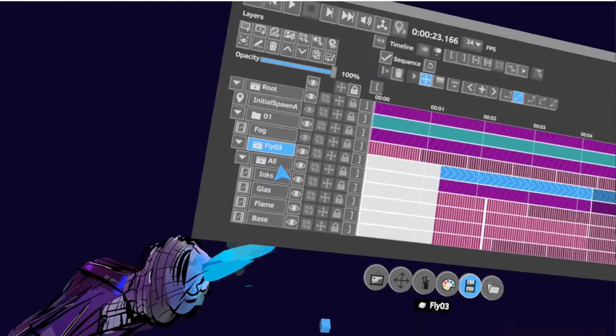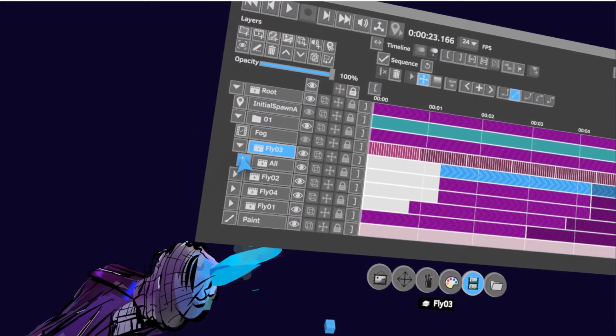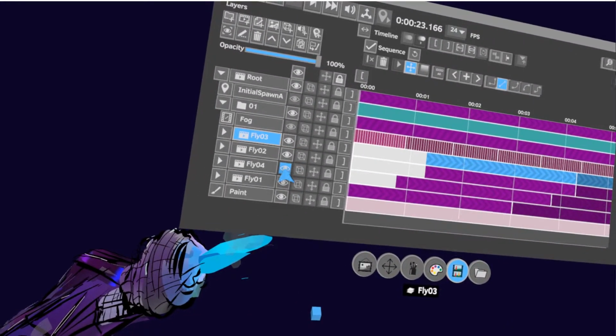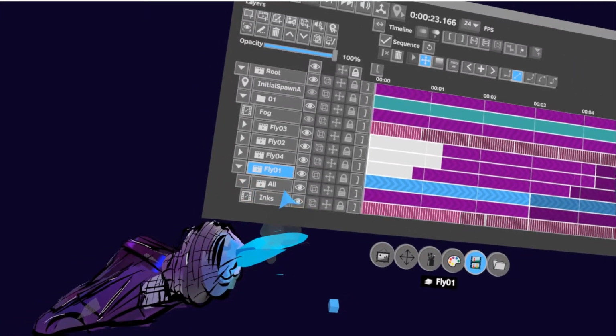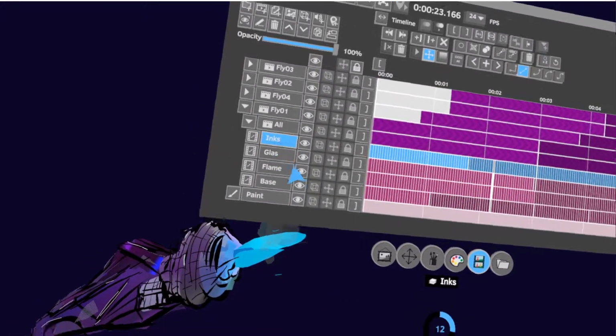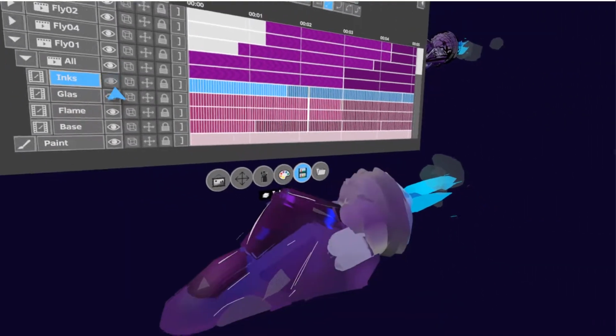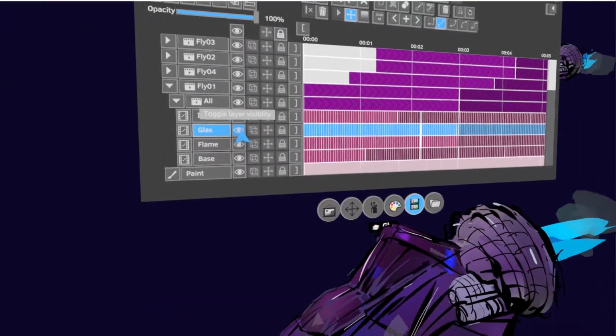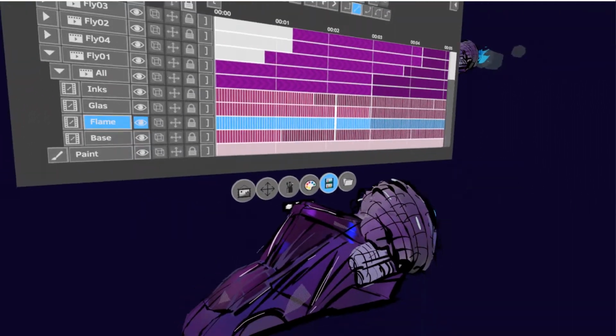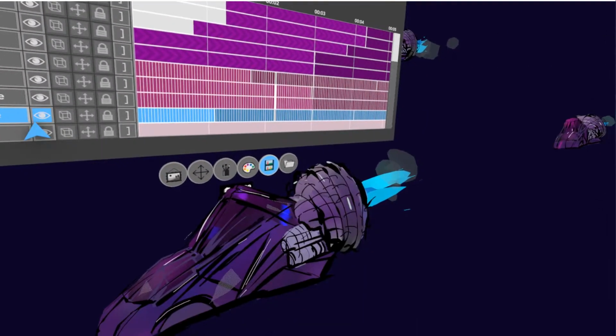You can kind of see how, let's see which car is in front of me. So this one, I can just look at what is all in here. I have the inks on top of the car. I have the glass, which I spelled wrong, the flame on the back, and then the base of the car,